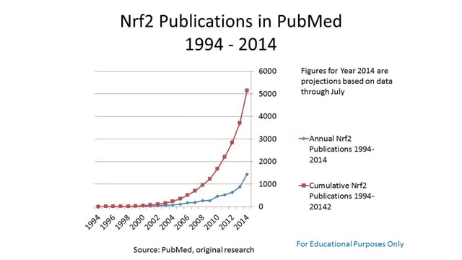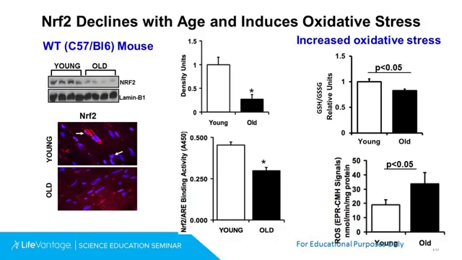We'll get to that. So why is it that I had not heard about NRF2 in my medical training? Because I did my medical training back here, and these are the studies that have been done on NRF2 published in PubMed, the National Institutes of Health website for medical research. You can see that by the end of 2014, there have been over 5,000 articles published about NRF2. We are just getting started with this.